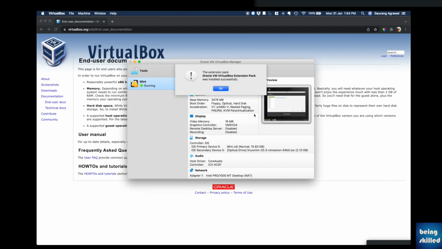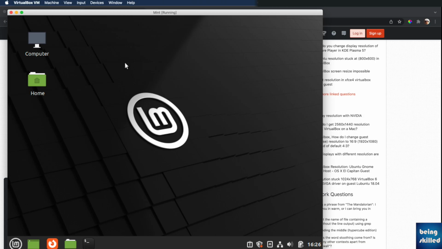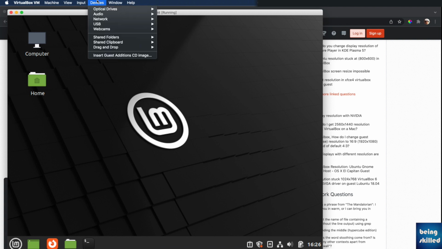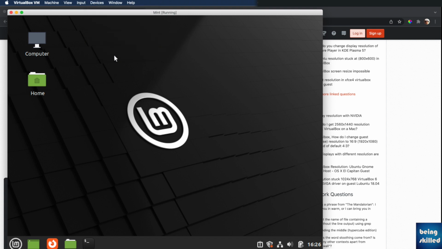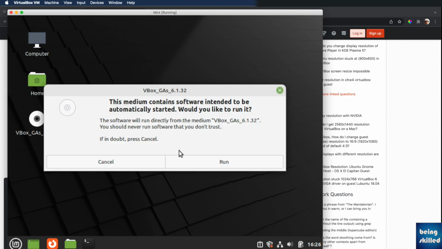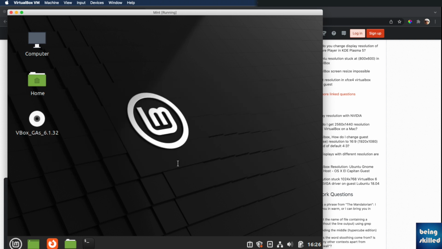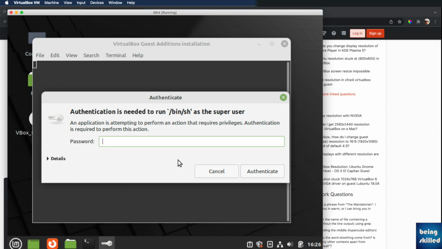It will take a few seconds to install, and once that is done, go to the virtual machine, then go to Devices on the top menu and click on "Insert Guest Additions CD image." That will show you an installer option like this. Now click on Run and enter the password of that virtual machine's operating system,